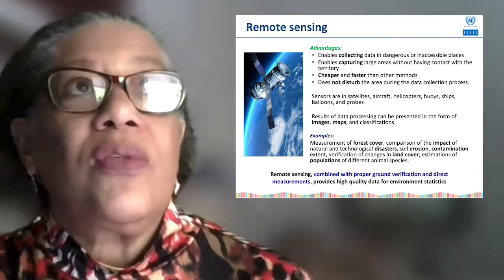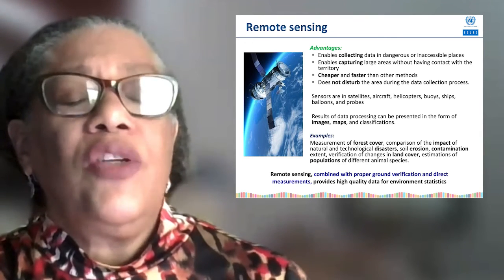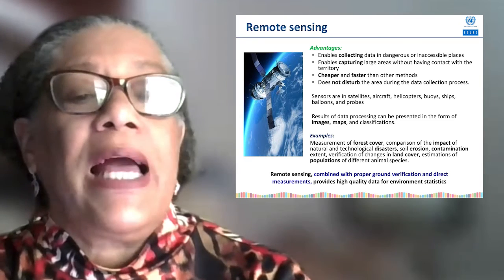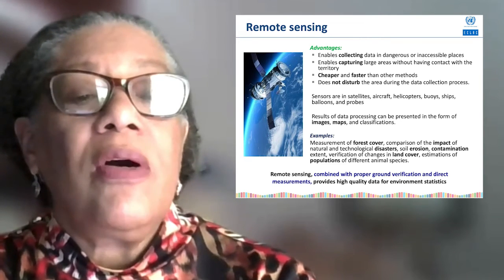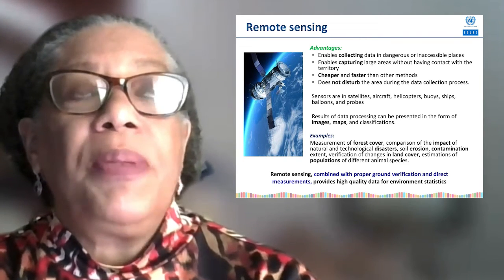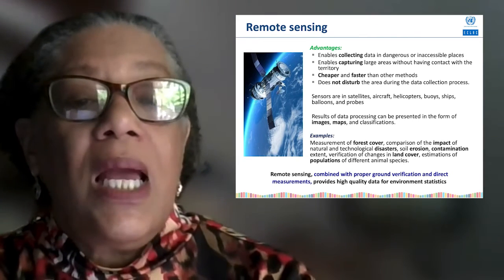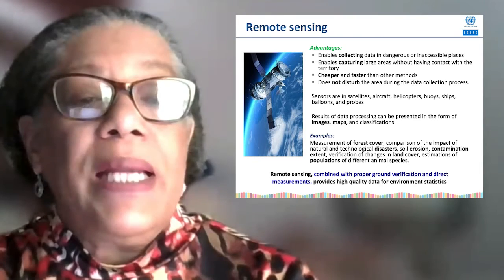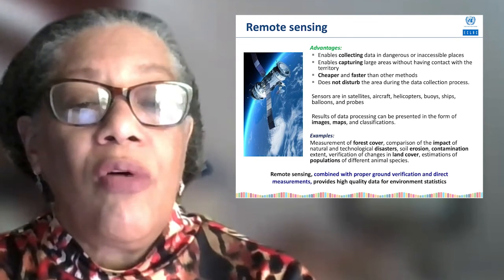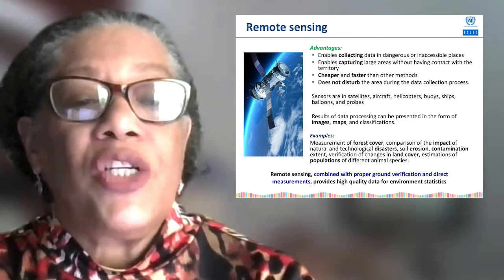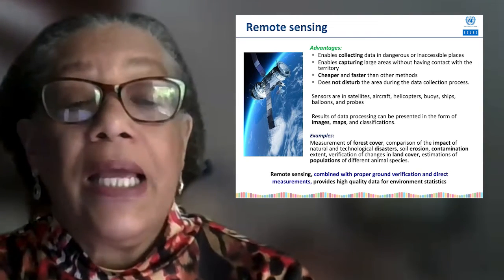It can be used to verify changes in land cover and to estimate the populations of animal species. Remote sensing, when combined with proper ground verification and direct measurements, can provide high quality data